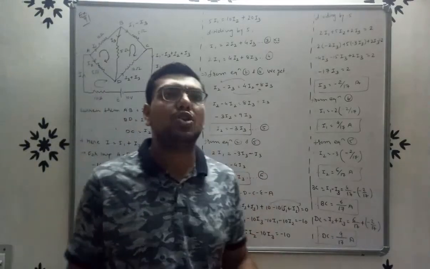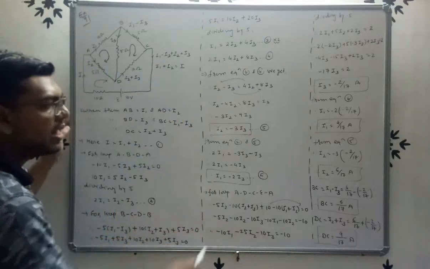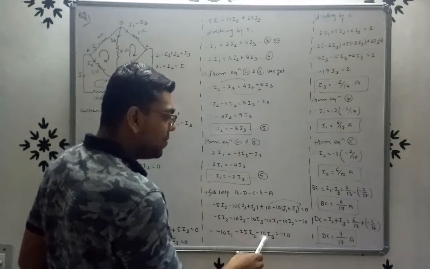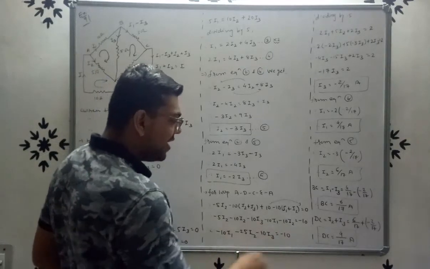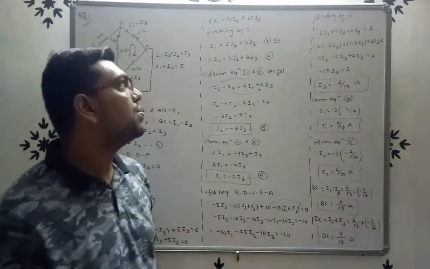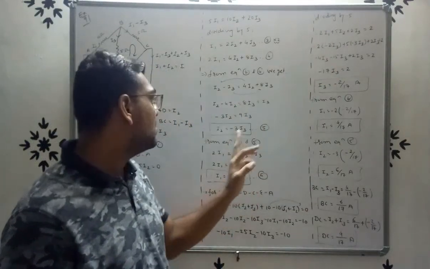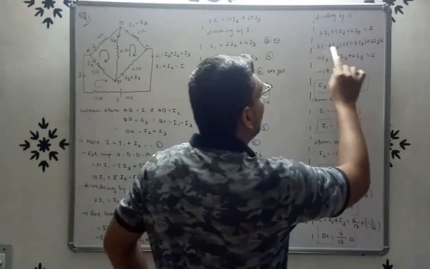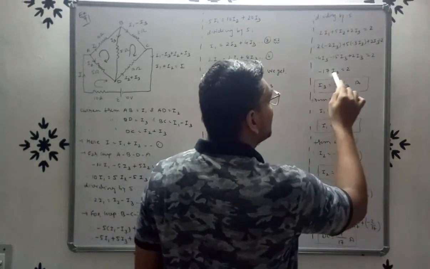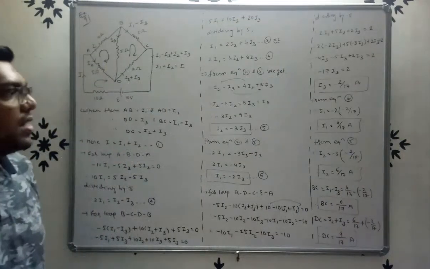Then we apply the Kirchhoff's loop rule to loop A, B, C, E, A. Right? So we get equation like this: minus 10I1 minus 25I2 minus 10I3 is equals to minus 10. We divide this equation by minus 5, then we get 2I1 plus 5I2 plus 2I3 is equals to 2. But we know the value of I1, that is minus 2I3, and I2 is minus 3I3. So we get minus 4I3 minus 15I3 plus 2I3 is equals to 2. Then we get minus 17I3 is equals to 2. So I3 is equals to minus 2 by 17 ampere, right?